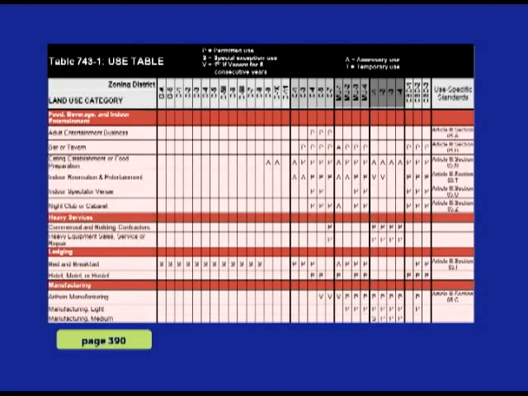The special exception standards, instead of repeating them 80 times like the current ordinance does, we put them in one place, and that's in the general provisions section. But a few of them have some unique standards they have to meet. And if they have some unique standards they have to meet, which the bed and breakfast does, that is listed